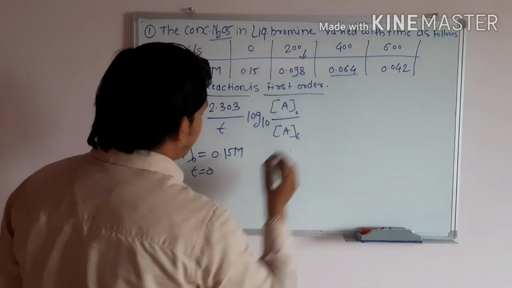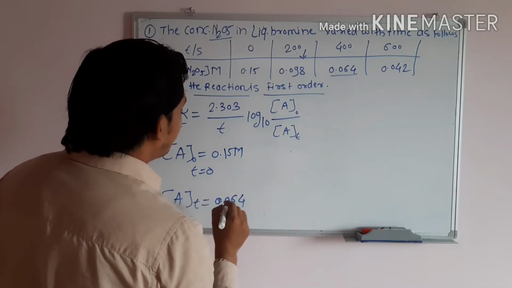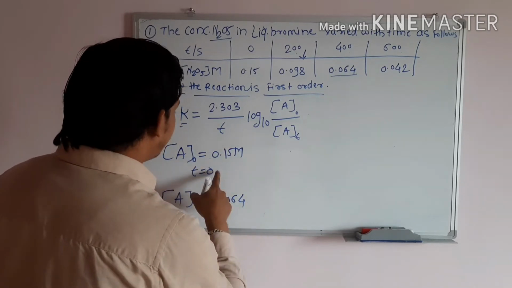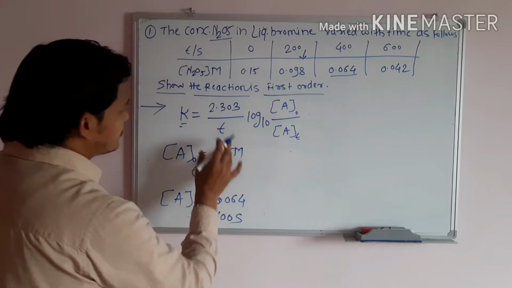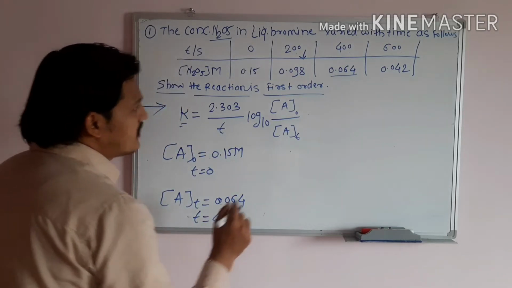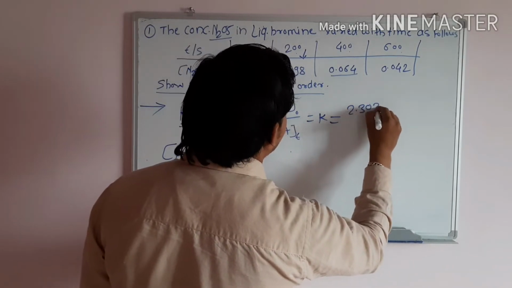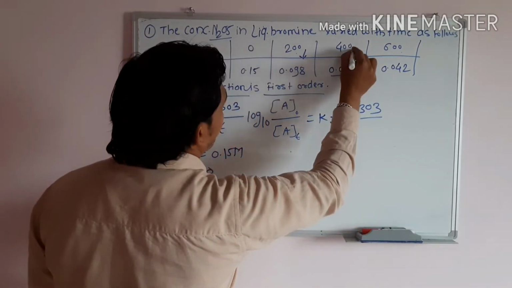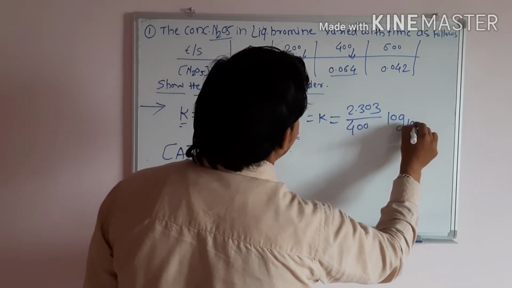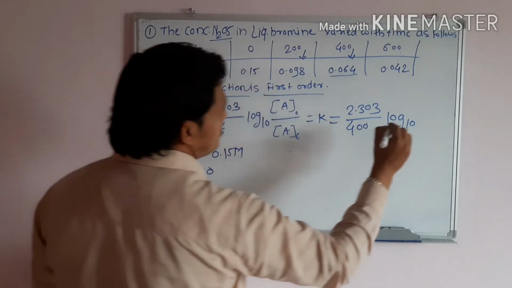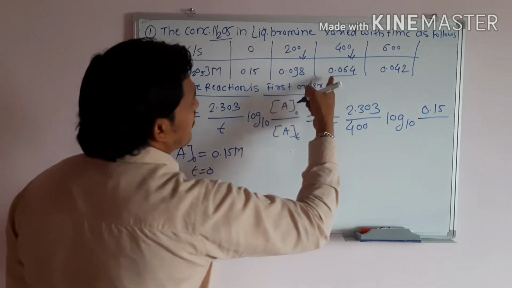Final concentration is 0.064. Okay, so this is our At time 400 seconds. This is our basic given data. We have to solve this example. So we get k is equal to 2.303 divided by time. Now time is 400, log to the base 10, A0 that is 0.15 molar divided by the value of